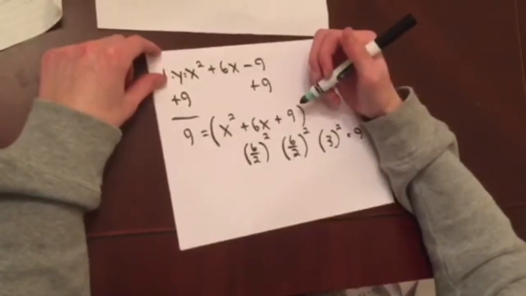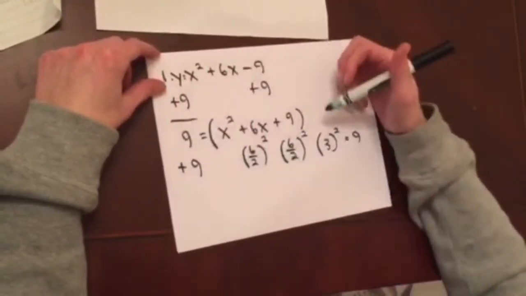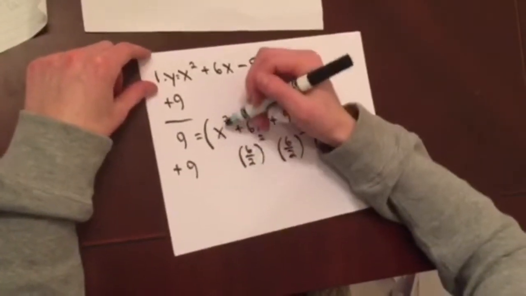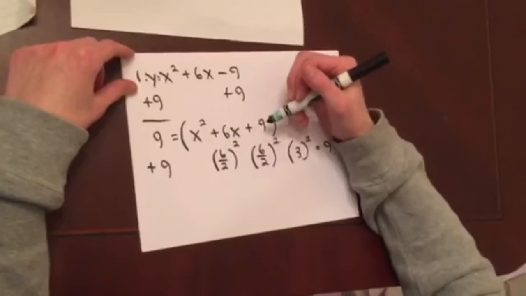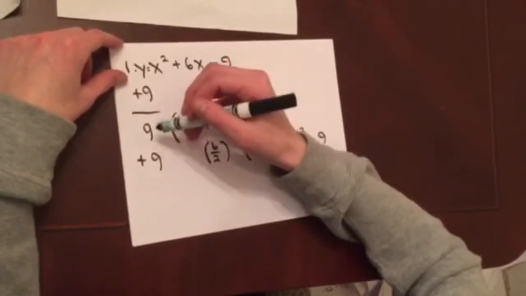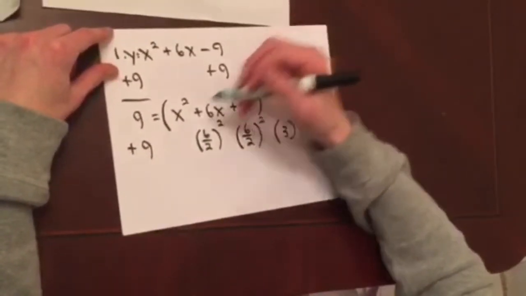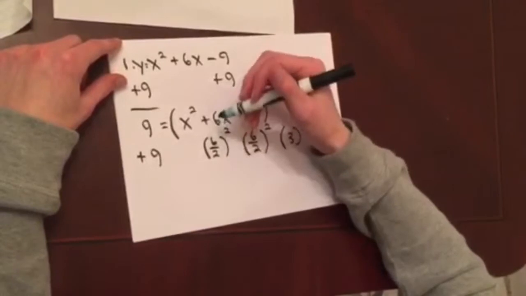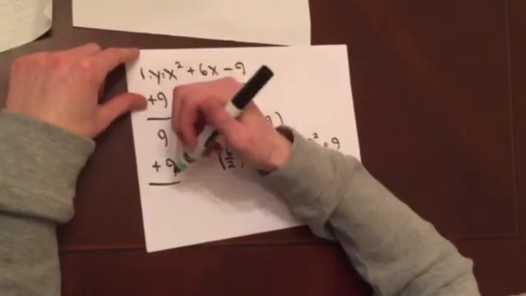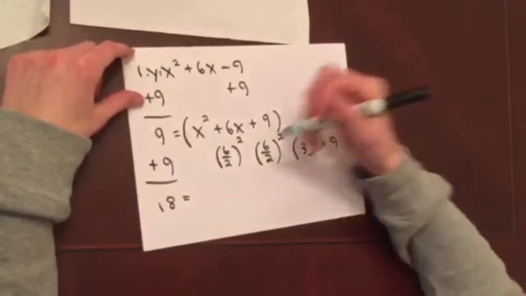Now whatever you do to one side, you have to do to the other. So we add 9. But if there was a number in front of the x squared, then we would multiply the 9 times that number. And whatever that is, we add to this side. So since there's not a number in front, we just do 9 times 1, 9. 9 plus 9, 18. Equals,